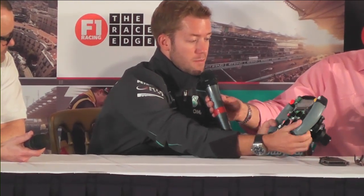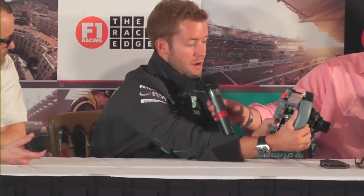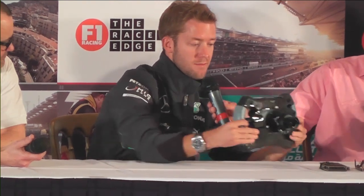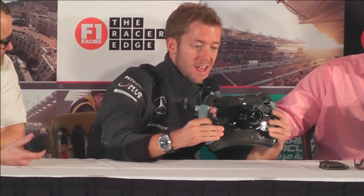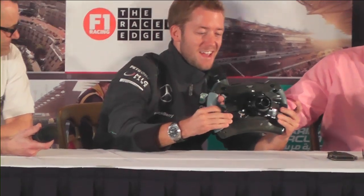Then we pull in both clutch levers, select first gear, then release one of them so it's sitting flush with the down change paddle. This actually is an older spec one, but we've got one that actually sits flush here. So that when you release the fully engaged clutch, you're instantly moving. There's no delay time. So you get away from the lights instantly. And then